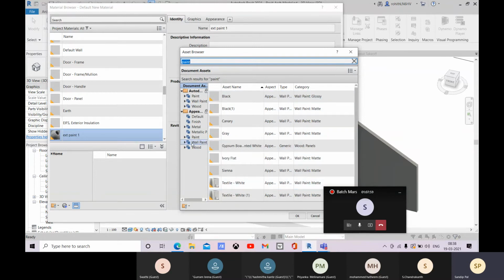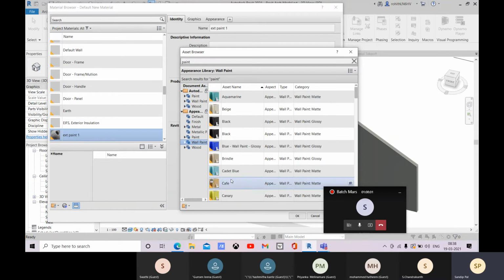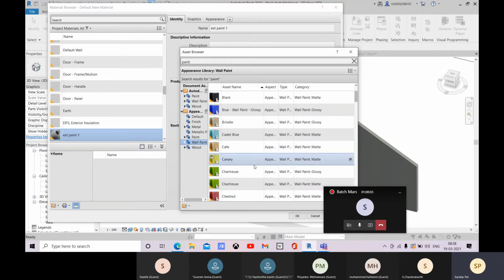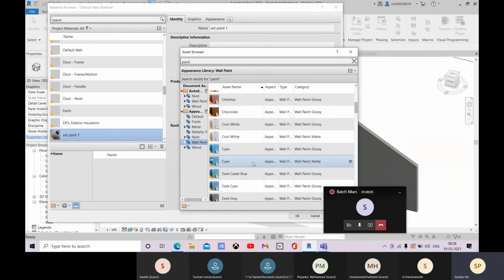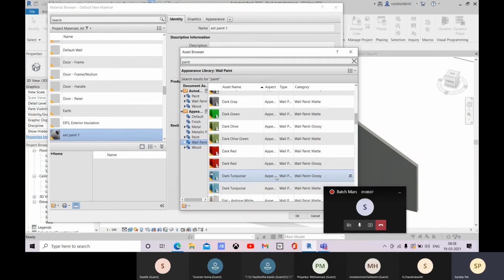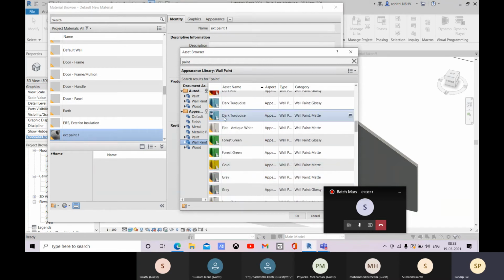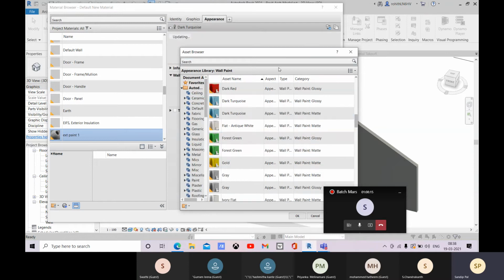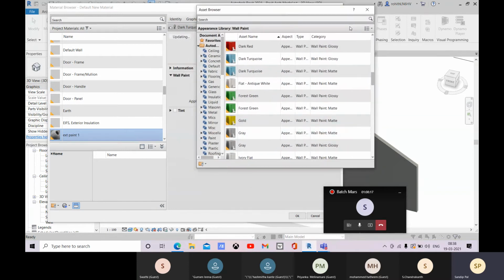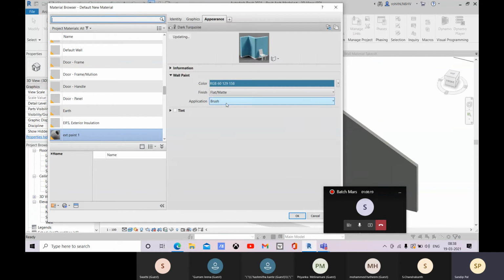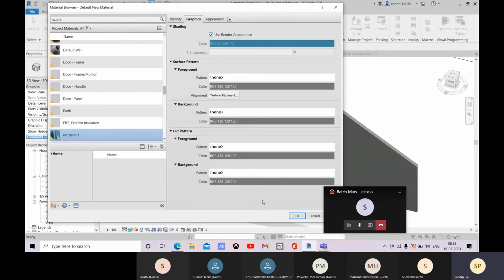From here you can choose, or you can come to specifically for this wall paint there. Let me choose this dark tortoise. Okay, so this is created over there, and let me choose this roller application, and that is done.